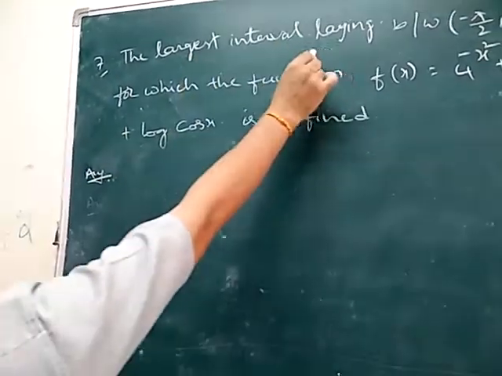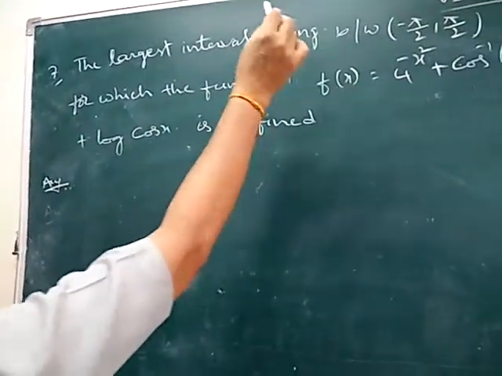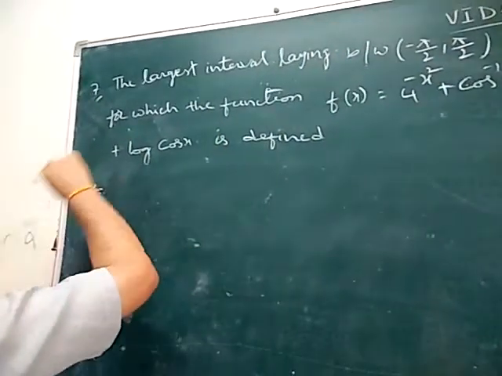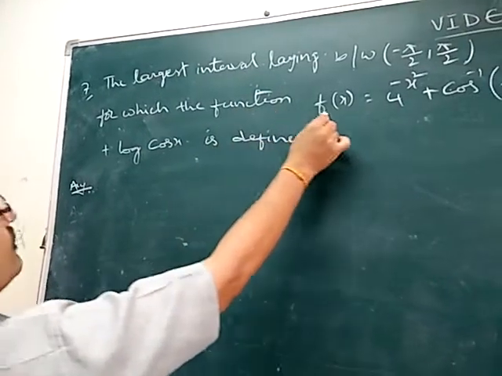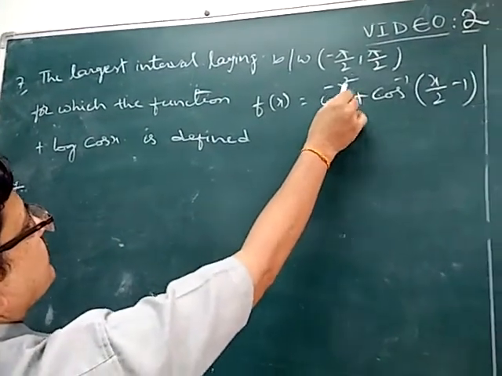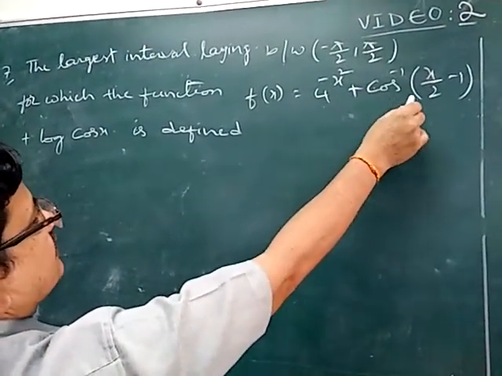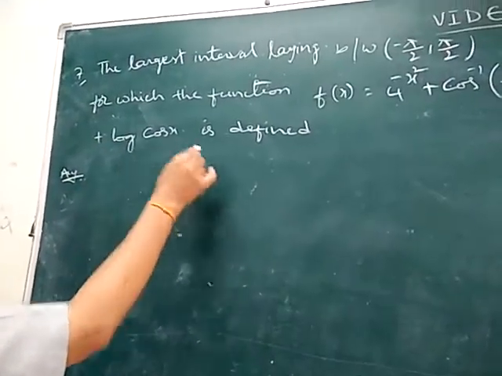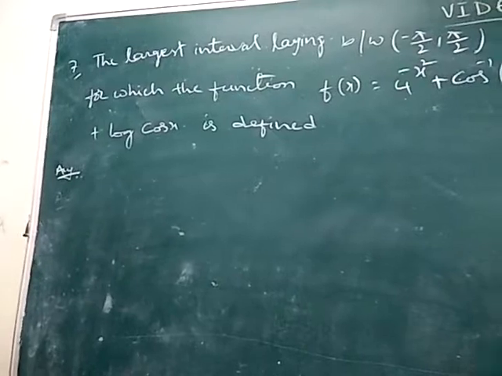The largest interval lying between minus pi by 2 to plus pi by 2, for which the function f of x is equal to 4 to the power of minus x square plus cos inverse of (x by 2 minus 1) plus log of cos x is defined. That means